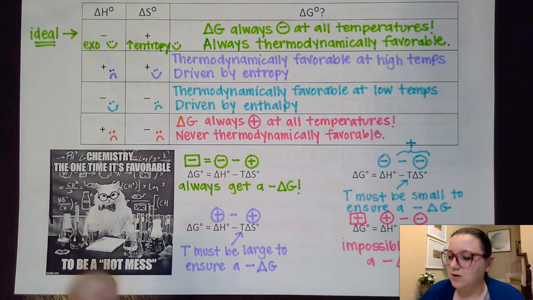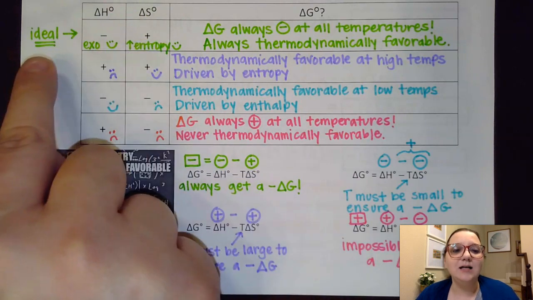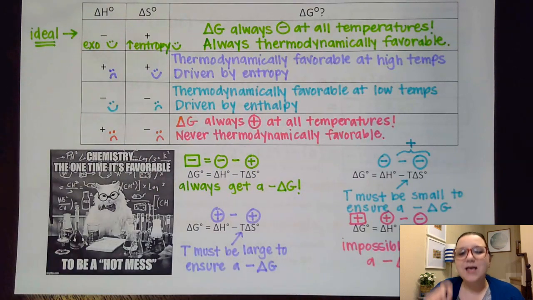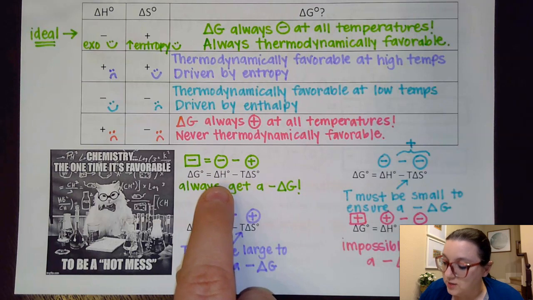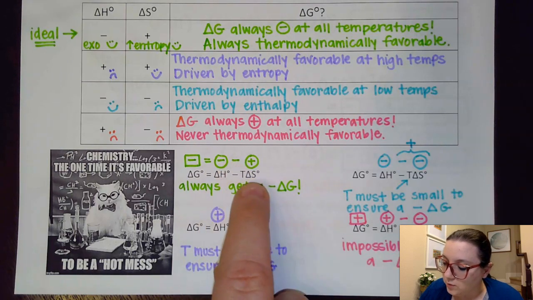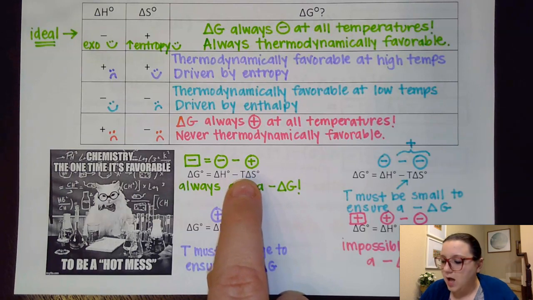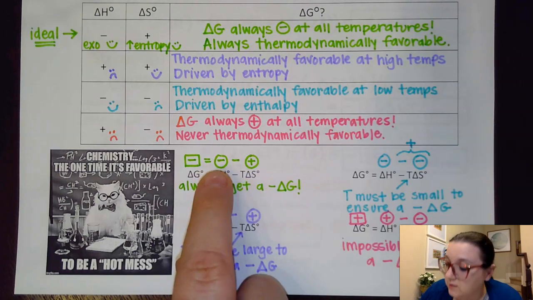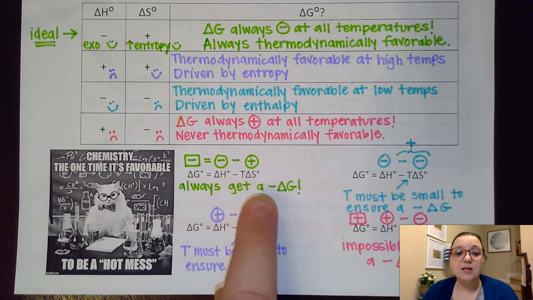And so you notice here that when delta H is negative and when delta S is positive, this is the ideal set of conditions. Why? Because it's always going to get us a negative delta G value. Let's talk about why. Think about your equation down here, okay? If I have a delta H that's negative and I subtract with a delta S that's positive, and remember the T value, if I'm using Kelvin, I wouldn't have any negative value, so that's always going to be positive. I should always be having a negative minus a positive. So it doesn't matter what value I put in for T, you're always going to get a negative delta G